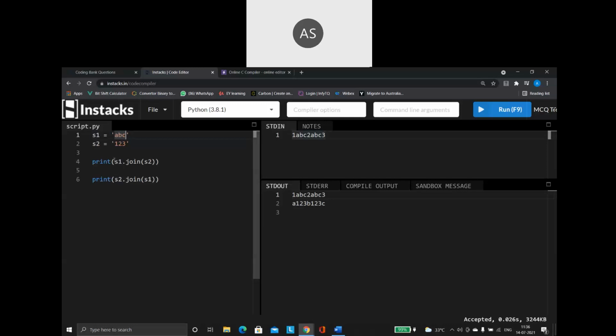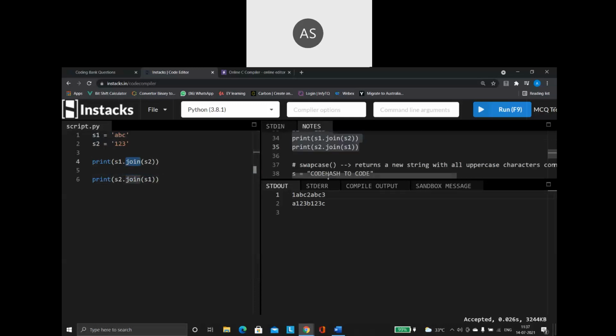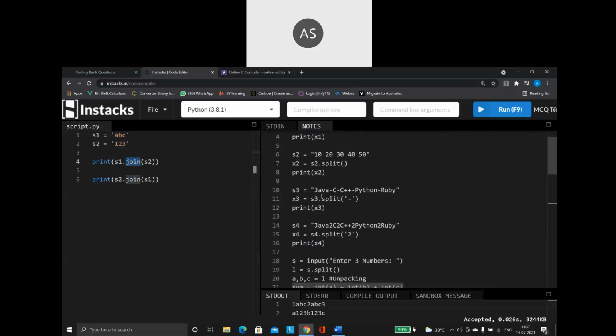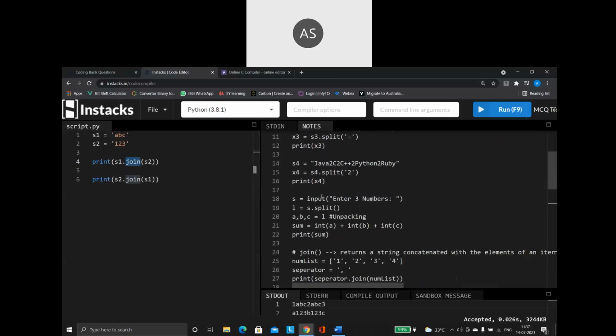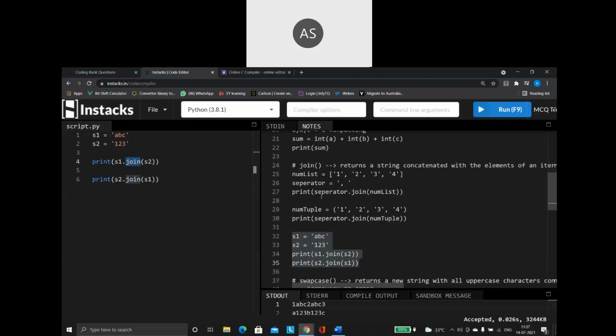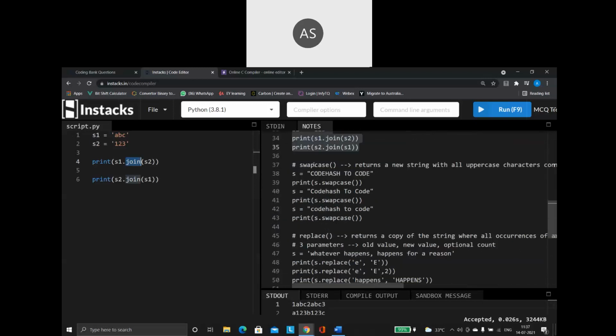Okay, so it is going to join it with the string you are going to give here. See, this ABC is also a string. So this is equivalent to giving ABC here instead of a variable name. This is the same. Instead of this, I am storing it inside a variable and giving that variable name. That's all the difference. This is how I will be making use of my join function. So, split function and join function, two very important functions that we will be making use of in our programs a lot of times.